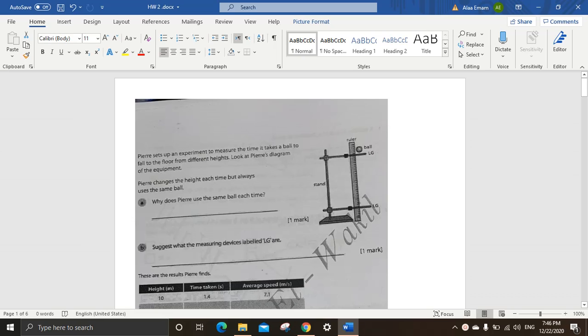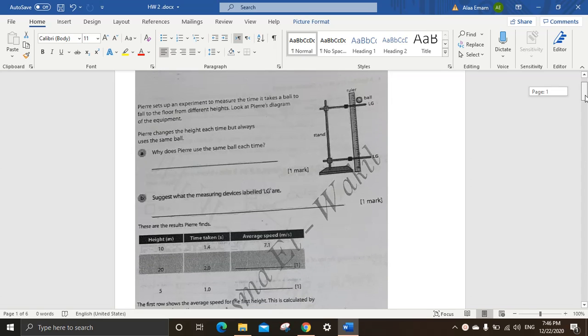How's everything? So, as for this session, we are going to correct the homework starting from page 48 till 52 for speed questions, distance time graph, and speed time graphs. So, as for page